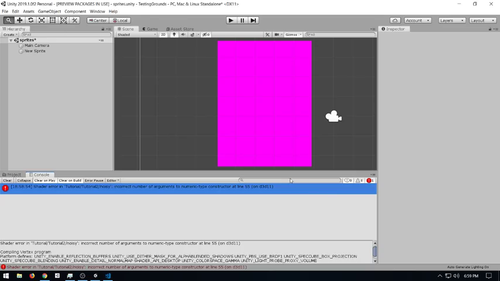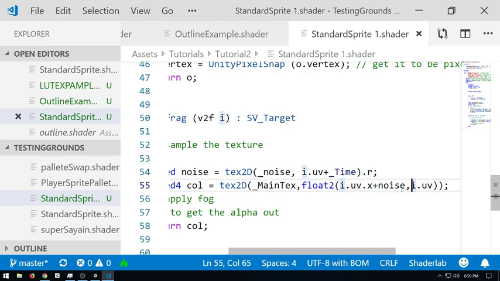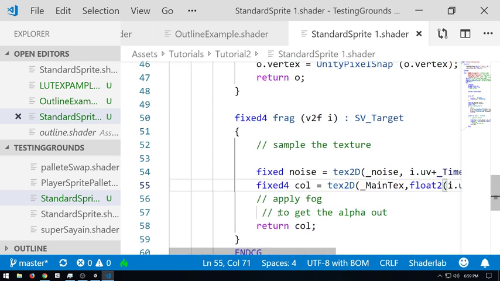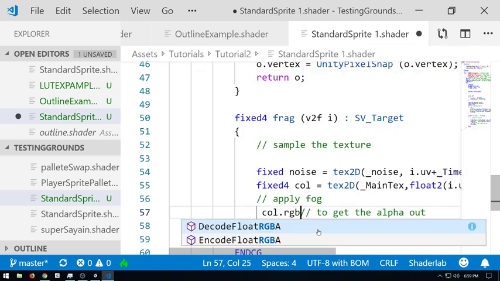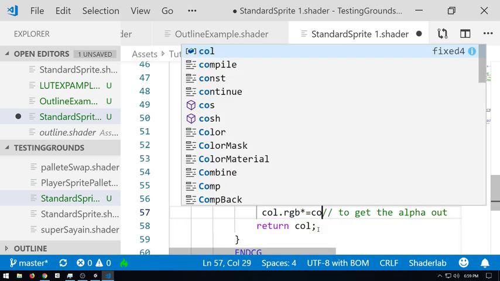Oh, I.UV dot Y, I'm a dummy. And also we need to get the alpha back out, so col.rgb times equal col.a.